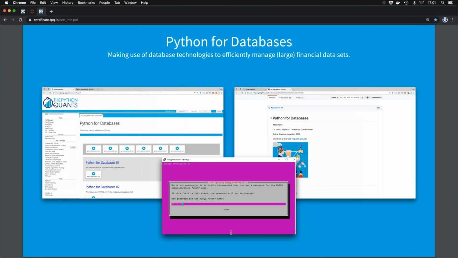As before, we have the recordings and the sessions. We have the scripts that help you install everything that is out there, and you have additional resources also hosted on the web so that you can access them easily and make use of them.